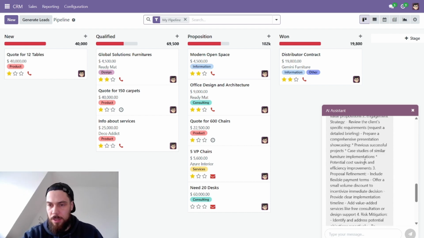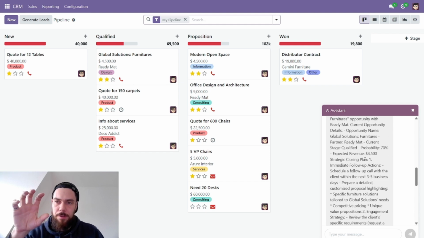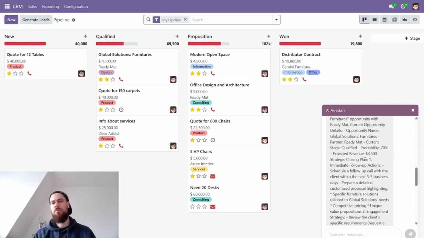Another thing I noticed that is really cool is that since it's using the Odoo database, it doesn't have to put the whole database into the prompt every time. It can call itself and say, okay, let me see, what do I have? I have, whatever, 30 contacts, and what's the information?